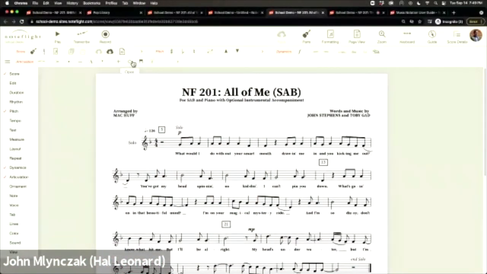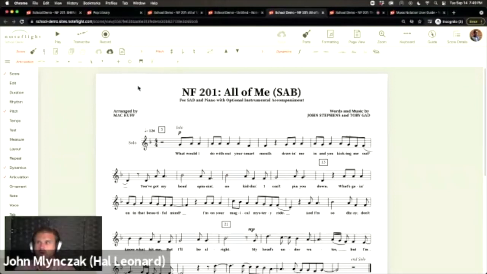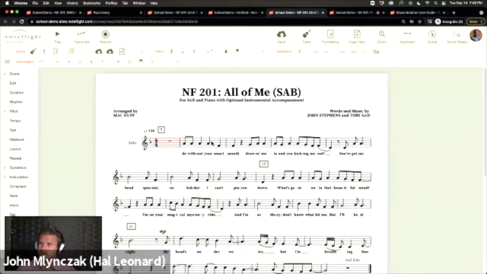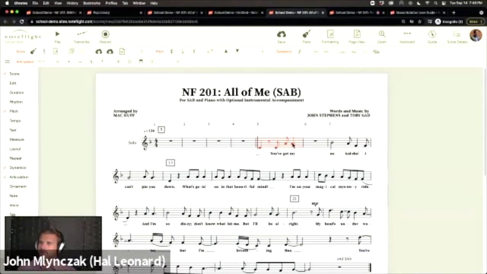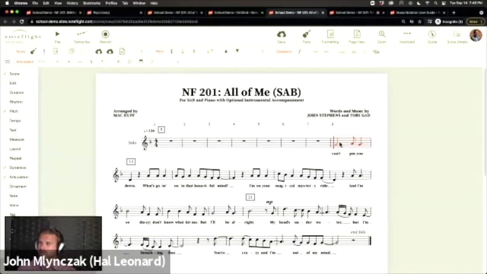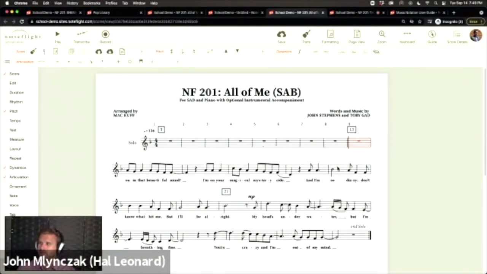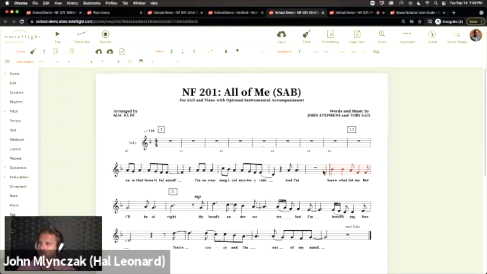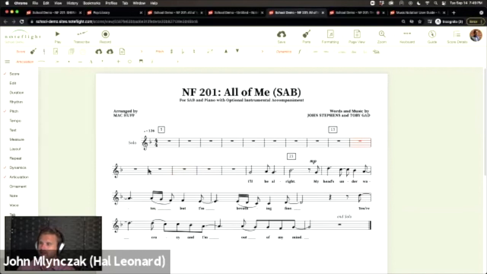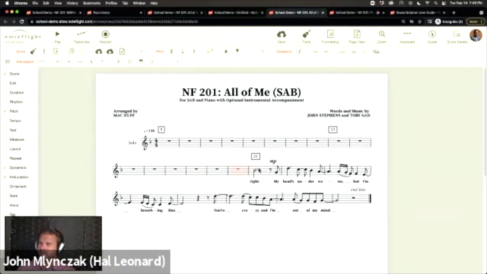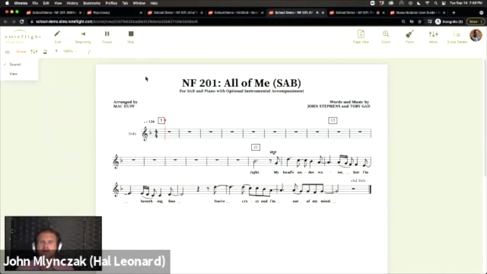What if I want students to compose or practice writing a melody? I'm going to take out these notes. I'm going to completely remove these notes. This is setting up a little assignment for your students. And now this becomes the All of Me composition exercises. So now students have to write a melody that fits with this backing,